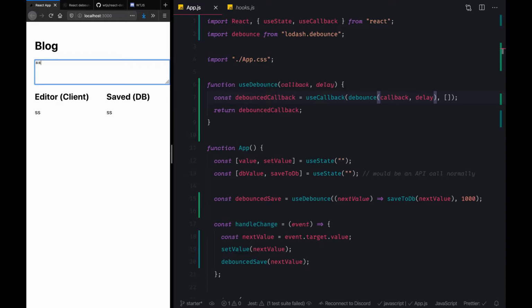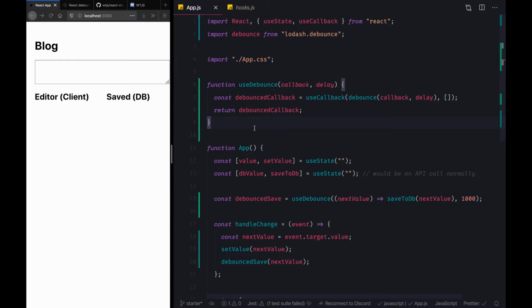So let's see if it's working. Cool. It looks like it's working fine, and this is how it should work. This is one way to create a custom hook.